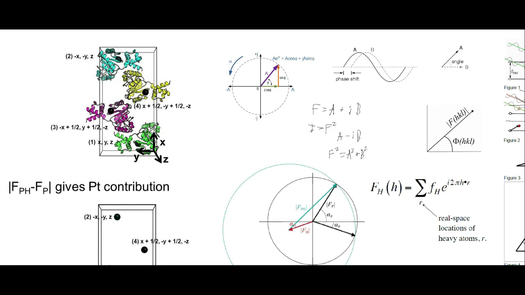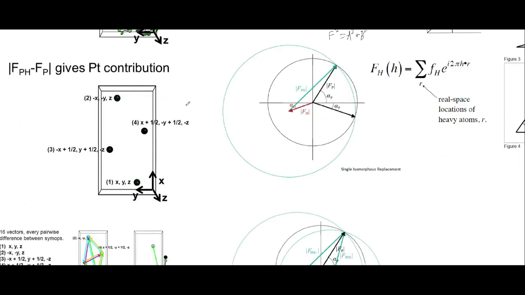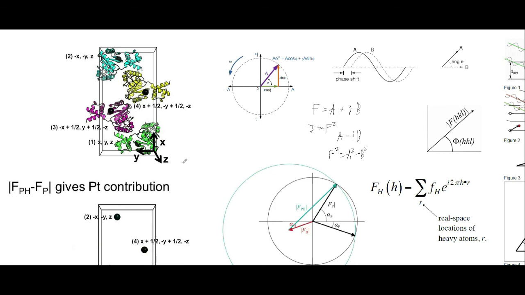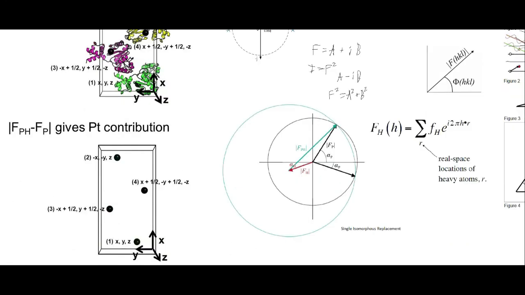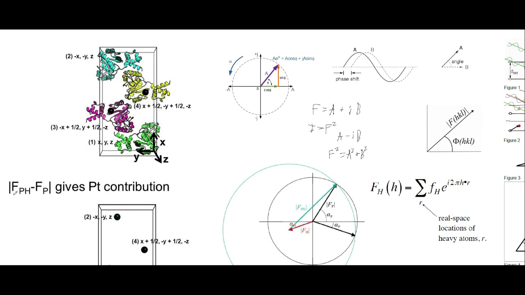So it's isomorphous because these heavy atoms in here are not changing the structure of our protein, and so we can find the position of our heavy atoms by subtracting the diffraction data from our